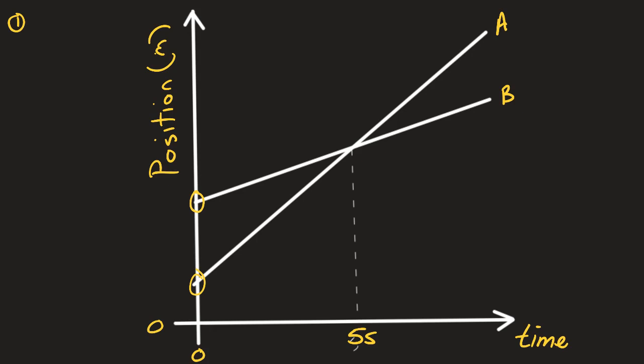In fact, when I look at this, is it clear to all of you the objects are traveling away from the origin all the time? Is that true? You guys agree with that? So they're always traveling away from the origin. The one that started further away definitely had the head start.